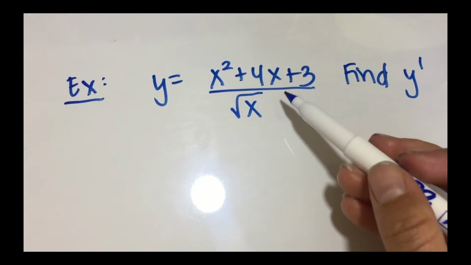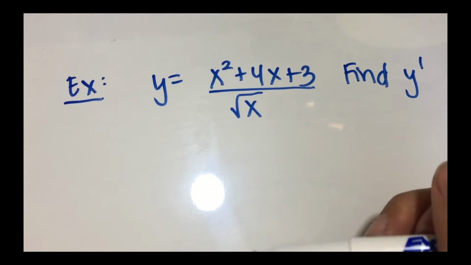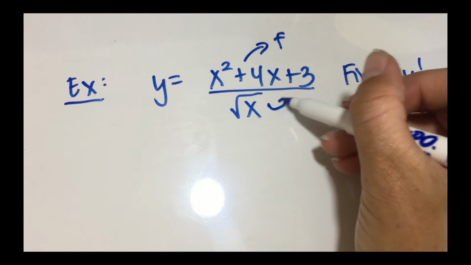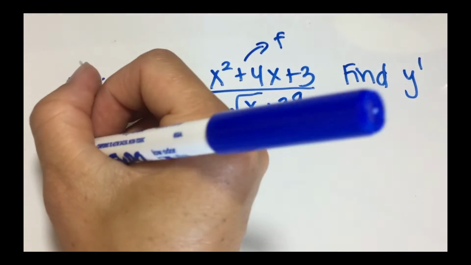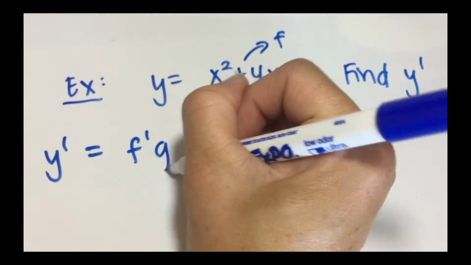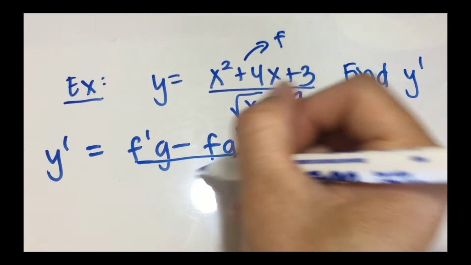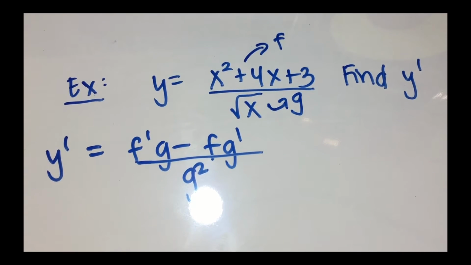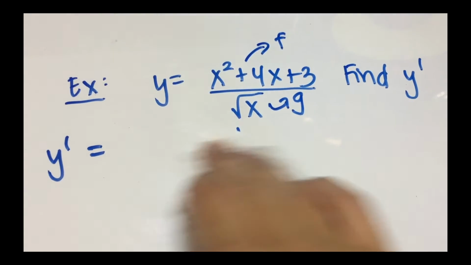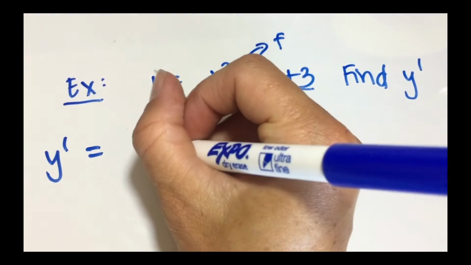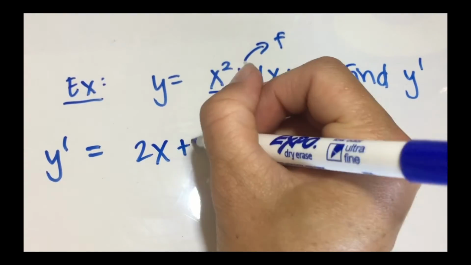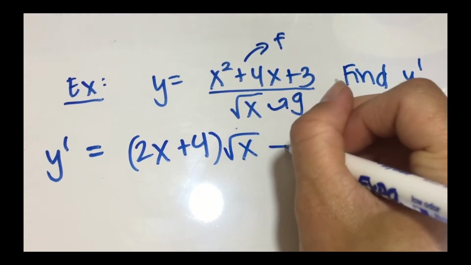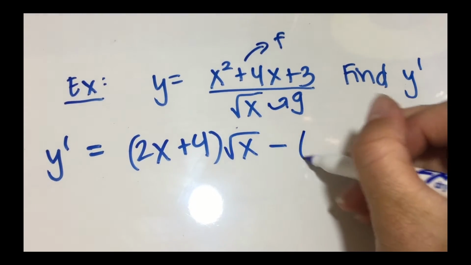So here I see I have division, so I know I can use the quotient rule. And I'm going to treat this top function to be f and the bottom to be g. So since we wanted f prime times g minus f times g prime divided by g squared, I'm going to first take the derivative of the top function. And using the power rule, I'll get 2x plus 4, and then I'll multiply by g, then minus f,